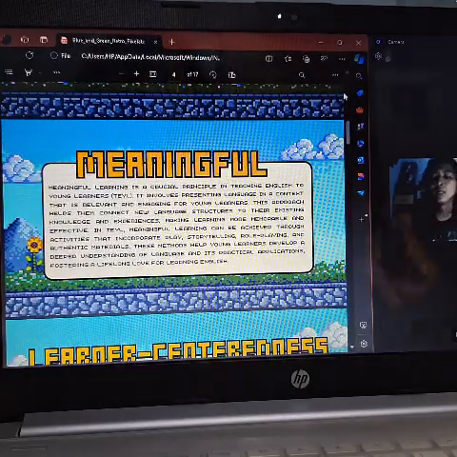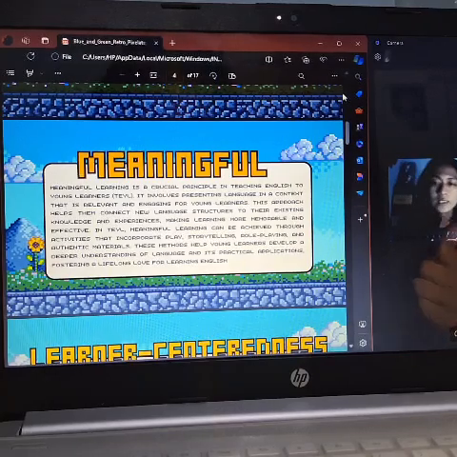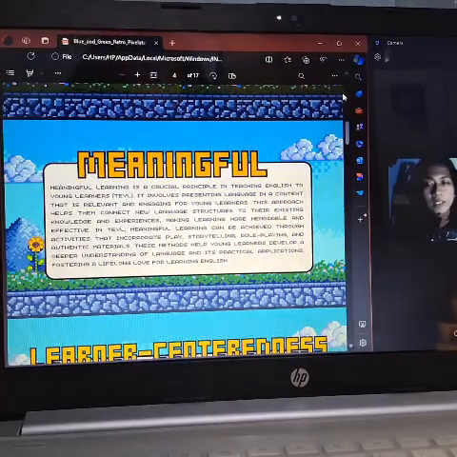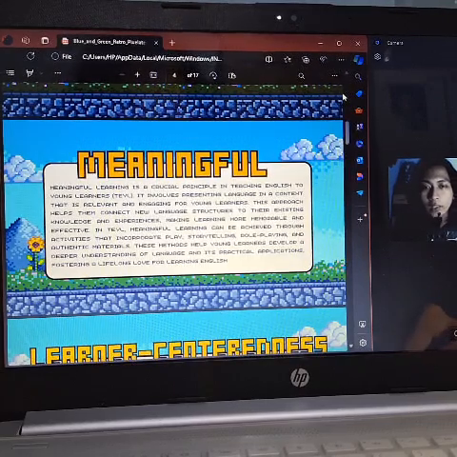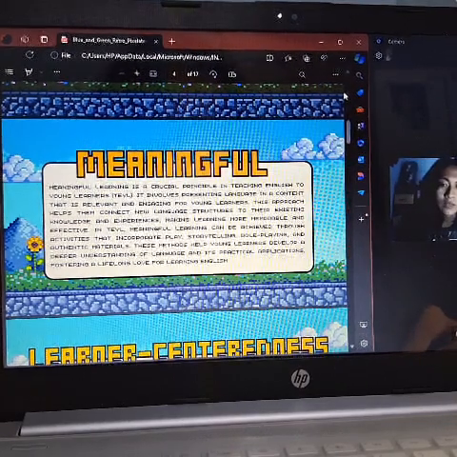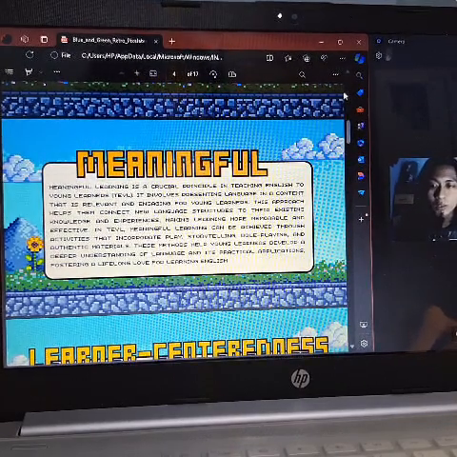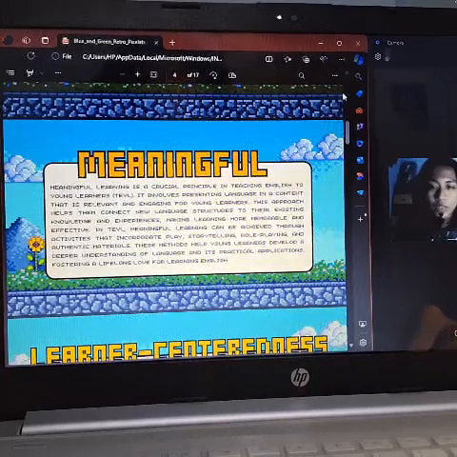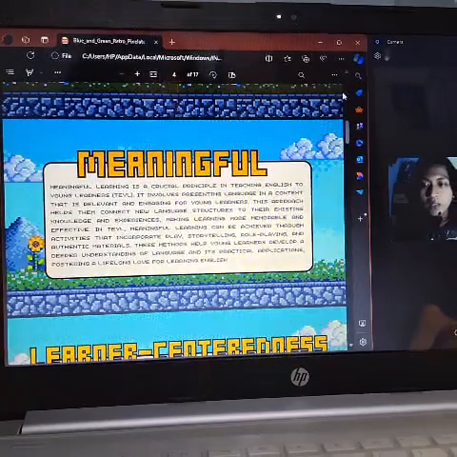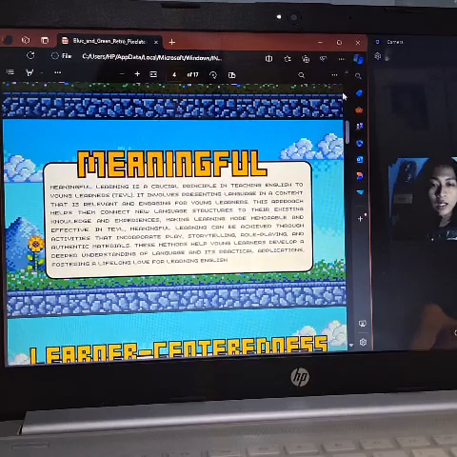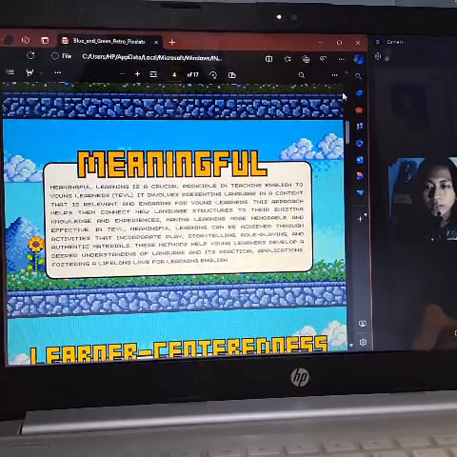principle. There is meaningful. Meaningful learning is a crucial principle in teaching English to young learners. It involves presenting language in a context that is relevant and engaging for young learners. This approach helps them connect new language structure to their existing knowledge and experiences, making learning more memorable and effective.